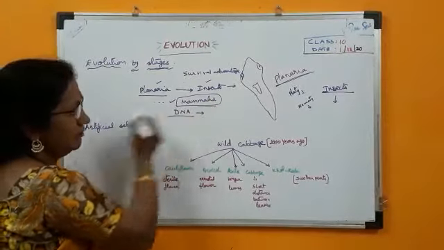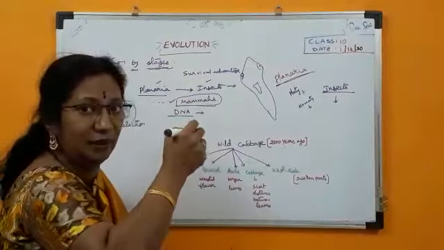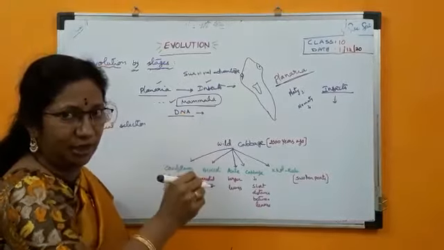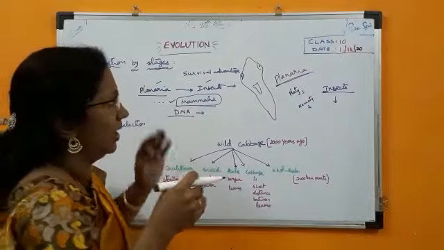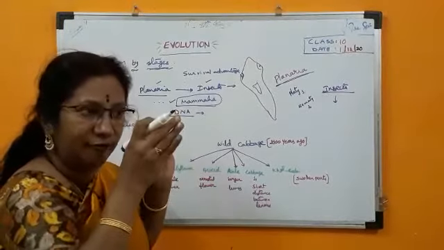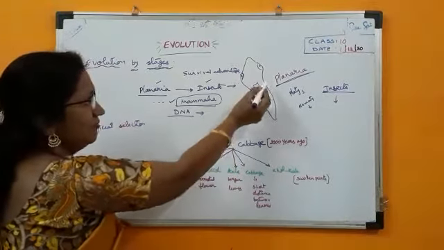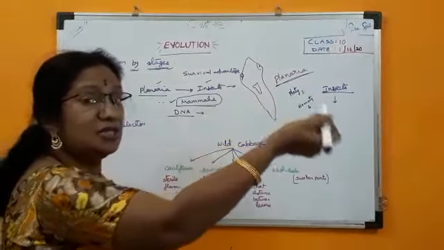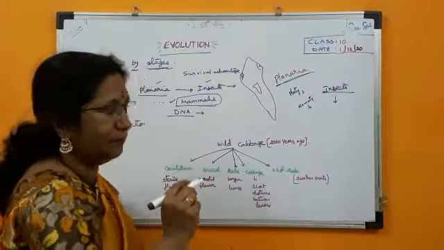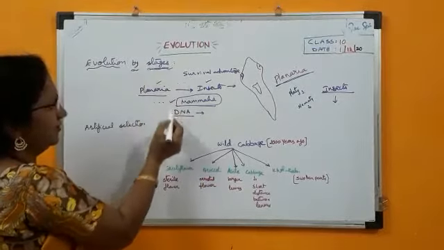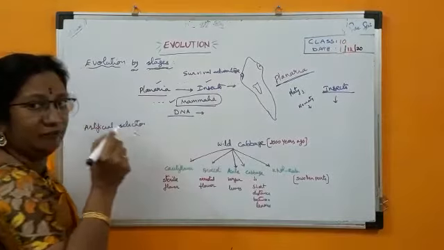So when mammals are surviving with good vision, at the same time the Planaria is also surviving because they too have survival advantage, even though it took place stage wise. Every stage has an advantage, every stage is very well fit to that particular environment. That's why these organisms are well suited and well survived, and still they are surviving because they have that survival advantage and are accepted by nature. So evolution we can say developed stage wise, one after the other. This is the example of the development of the eye.